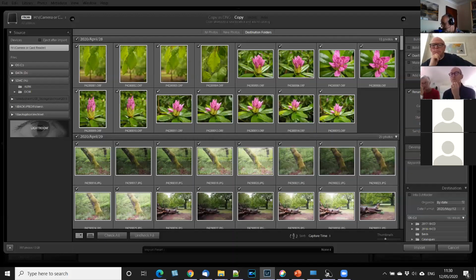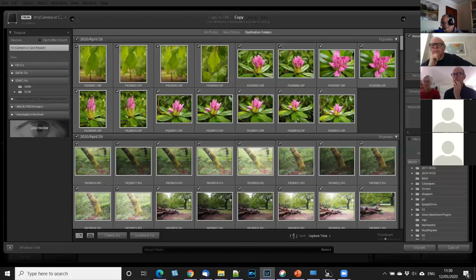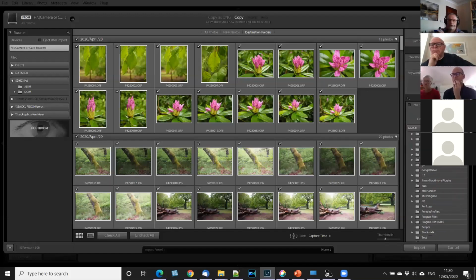So let's go with custom name sequence, and they're all going to be H21, H23. So they're going to be renamed as they come in. Then one of the things you can do,